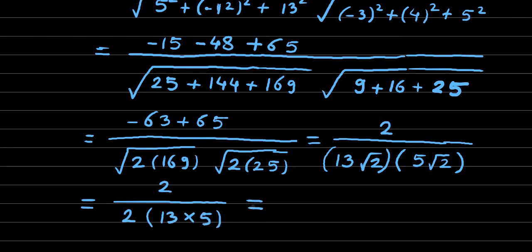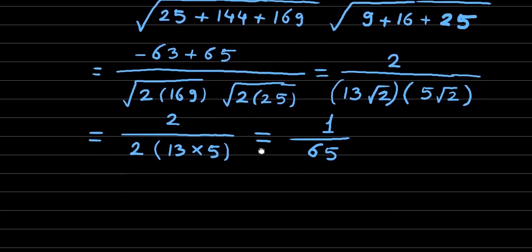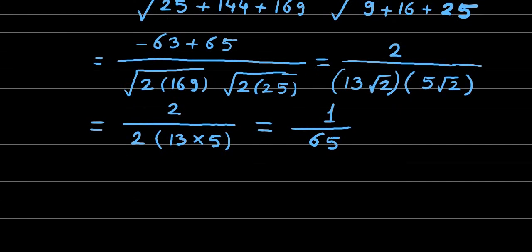Now this numerator's 2 will get cancelled with the denominator's 2 and we will be left with simply 1 in the numerator and in the denominator 13 into 5, which is 65. So 1 upon 65 is the cosine of the angle between the given two lines, but we were asked the angle between the given two lines. So from here we can conclude that hence the angle